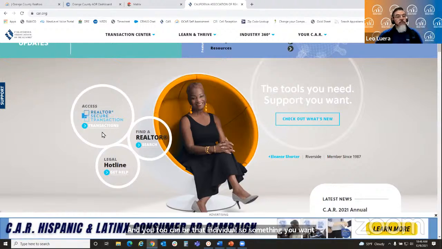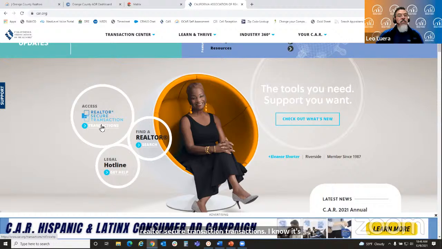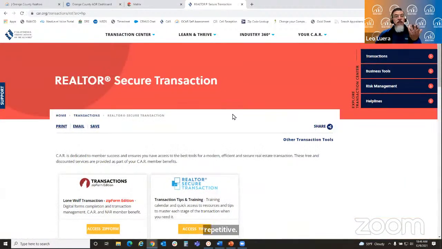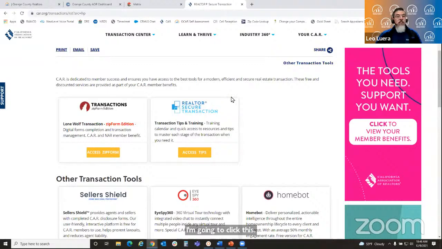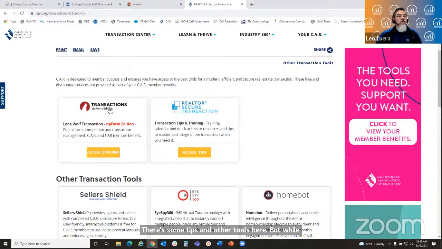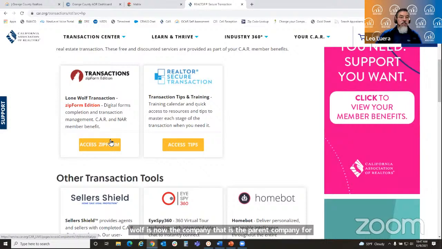Once again, zipForms will be found here under the Realtor Secured Transactions. I know it's repetitive. In case you also want to know, the legal hotline information will be here in case of any legal questions. But I'm going to click this. After this, you'll see a number of different choices. You'll get some tips and other tools here. But let's focus on the Lone Wolf. Lone Wolf is now the parent company for zipForms, ZipLogix as well. So we would click Access zipForms,